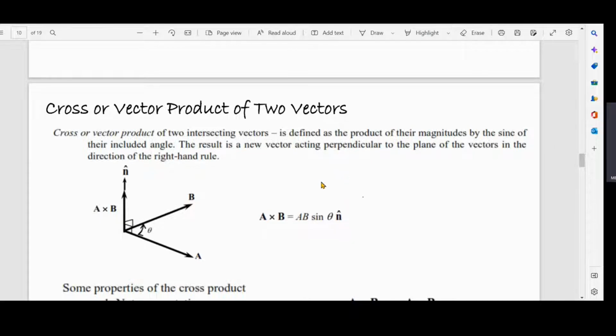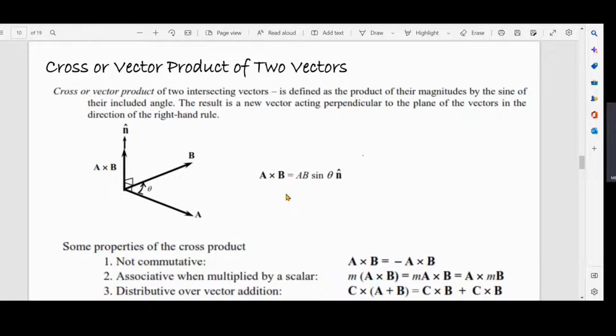Our next topic is about the cross or vector product of two vectors. In chapter 2, we had the dot product. For this chapter, we have the cross or vector product. The cross or vector product of two intersecting vectors is defined as the product of their magnitudes by the sine